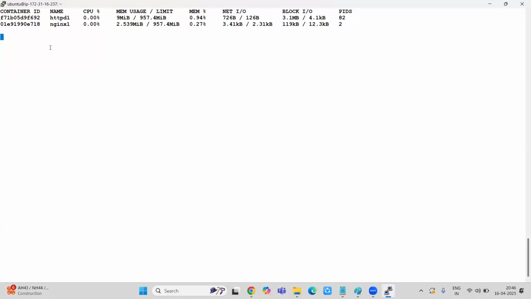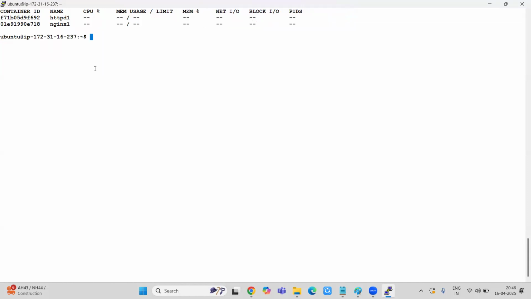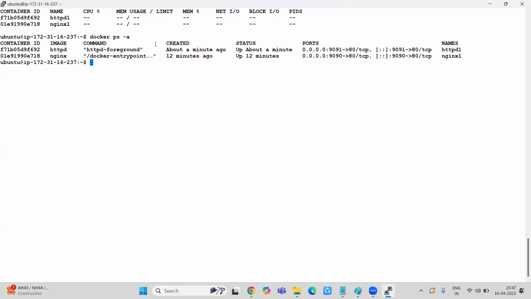And along with that, we'll also cover how we map the port, I mean the port mapping concept, and then how the containers communicate with each other, that is via the Docker network concept. In day one, for now, I can show you Docker ps -a, which would list all the containers, even if they are in a stopped state or not in an active state.